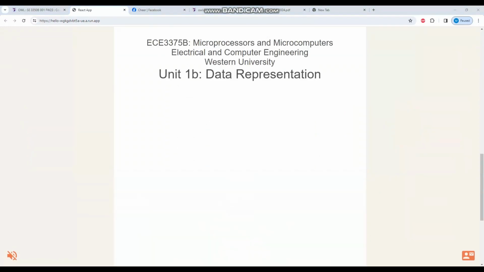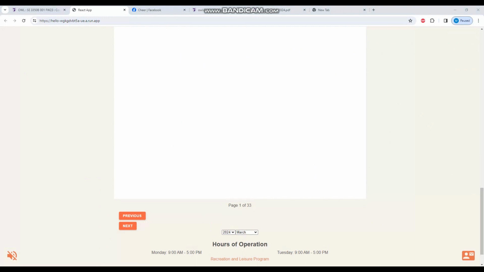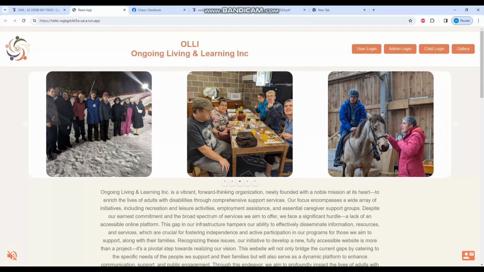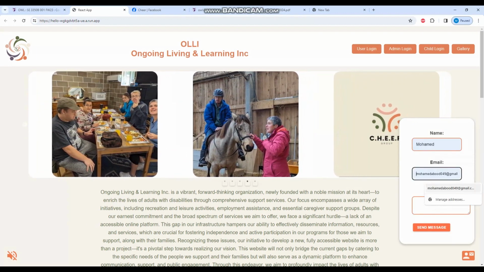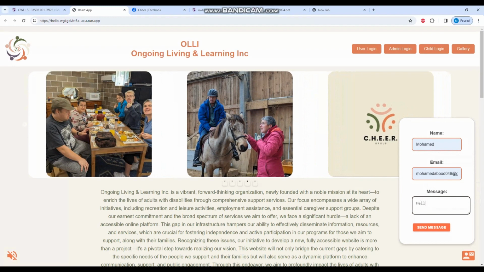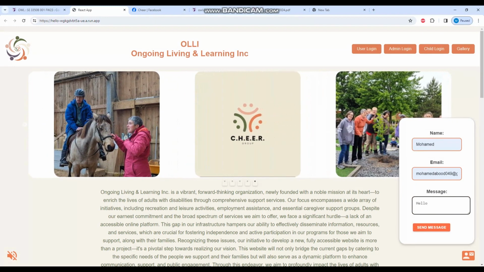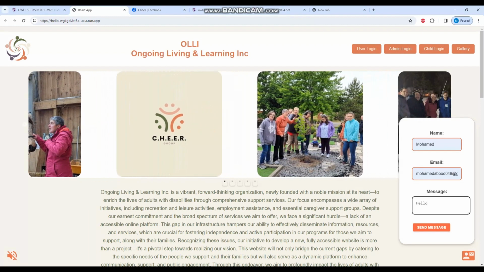The next part of the website I will show is the ability to send an inquiry to Ivy easily. When you navigate to the home page, you will see this icon in the bottom right of the screen with the mail. Users are able to enter their name, their email, and a message, and then click on Send Message to send the email to Ivy. This was demonstrated in the Sprint 1 video, and I currently do not have